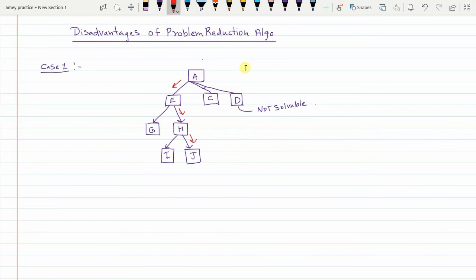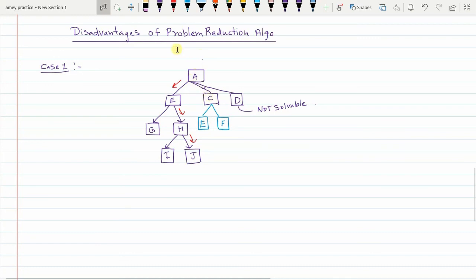Now assume that when J is expanded further, J has a successor, that is E. So that means suppose this C has two child nodes, F and E. But note that we have not expanded along this C. So far the algorithm has done the expansion along this path only. So the algorithm does not know that the successor for G happens to be node E, because it has not explored C at all, right?